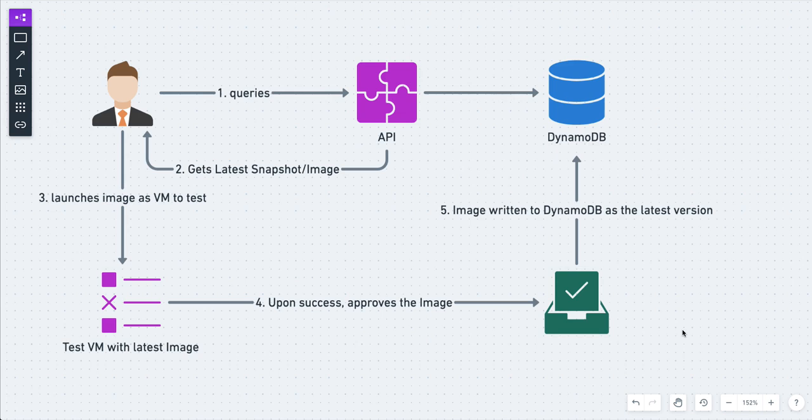So what we wanted to do was to have an API that we could query that would talk to DynamoDB, that would give us the latest image. So let's say the developer creates a latest application that would get logged in our API and of course through that to DynamoDB. The developer would be able to query that from the API, which would be fetched from DynamoDB, and then test out the VM. So launch it into a particular VM, test out the VM and check whether it works correctly. And if that works correctly, approve that as the latest image